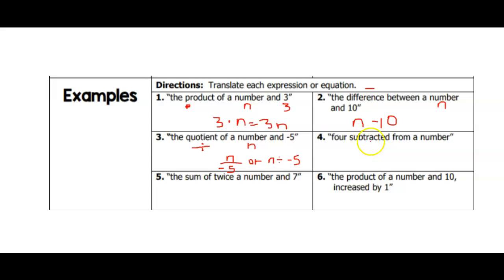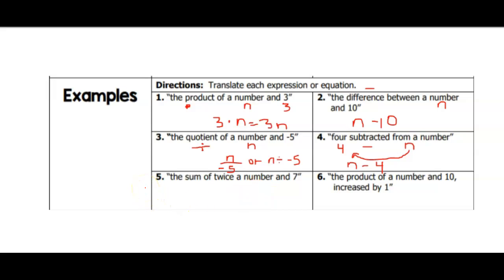4 subtracted from a number. Okay, well, I know 4 is the number 4. Subtracted from is subtracted from. And then a number, I'm going to say n. But wait, guys. Be careful. What type of phrase is this? Okay, this is a turnaround phrase. So I can't say 4 minus n because it's a turnaround phrase. I actually have to say n minus 4. So we're going to watch out for those turnaround phrases, and we want to make sure we write them in